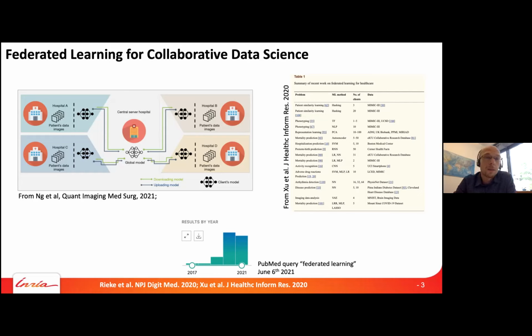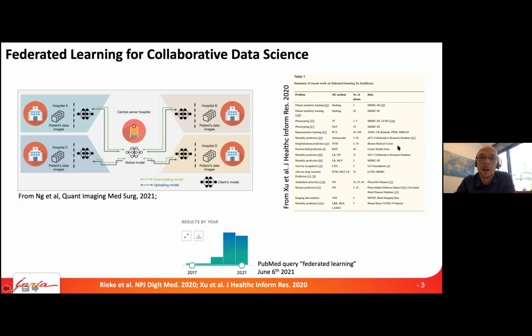You might have witnessed, you might know about the explosion of federated learning. Everyone these days talks about federated learning. You can see here, I made a very quick, simple query on PubMed, on papers published on federated learning. You can see that since 2017, when the term federated learning was proposed in the seminal work of McMahan, in the matter of 2-3 years there's an explosion of papers, more and more, especially in healthcare.